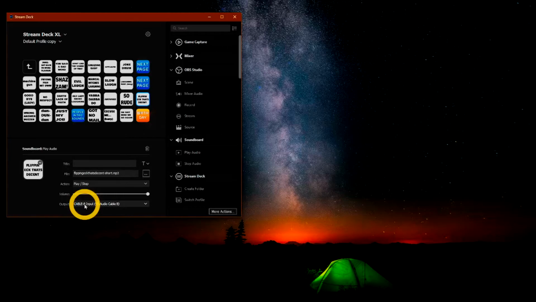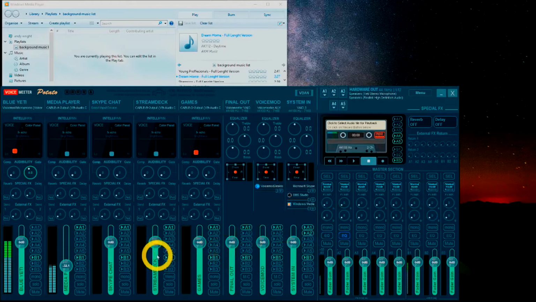Flipping heck, that's decent. And that's being routed through Potato. So any of these. Oh, that was so rude. And what I've done is I've played around with the volume control, so that I've set them all to maximum. And what you can do is, if something's a bit loud, you can adjust it on this slider here. So for example, let's play that. Was so rude. I've turned it down,